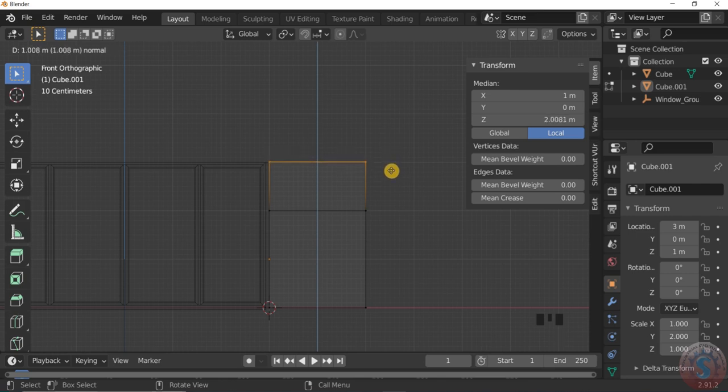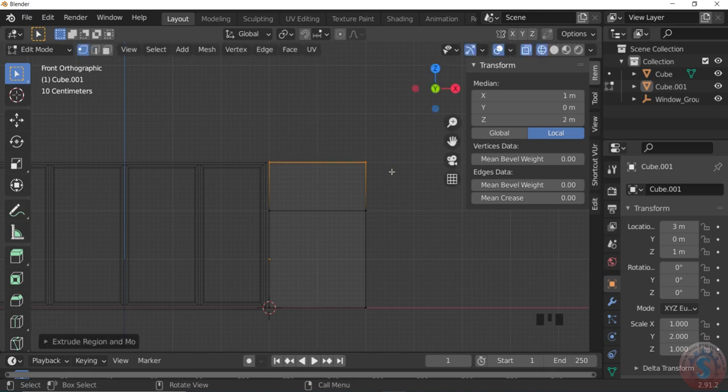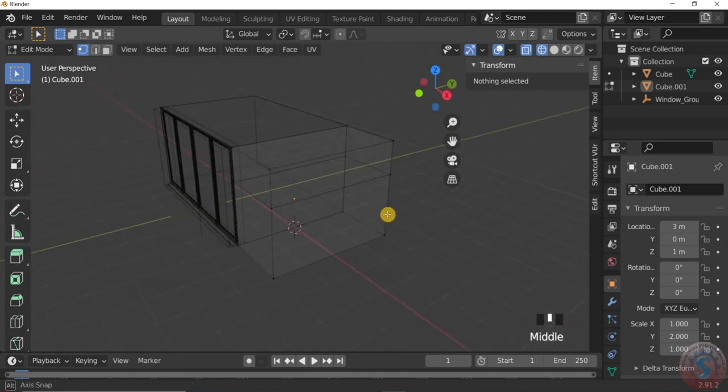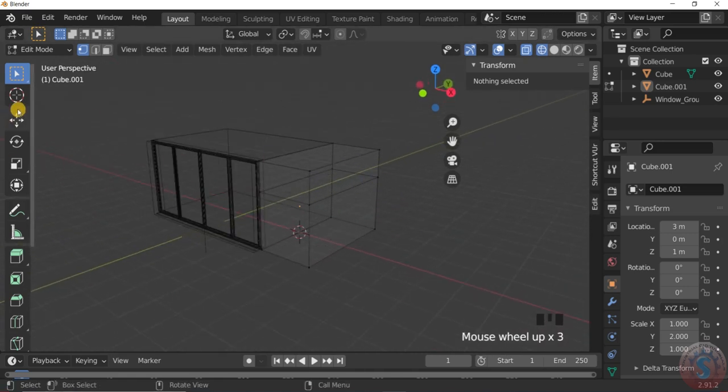The total height is already 2 meter, and I'm increasing this by 1 meter. Why I'm doing this, you should understand. Next, see the full tutorial.